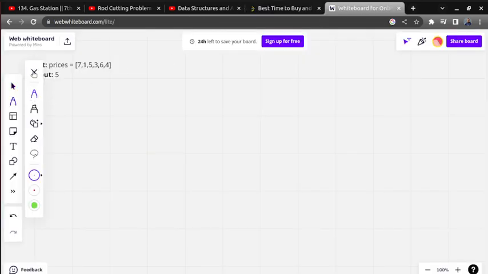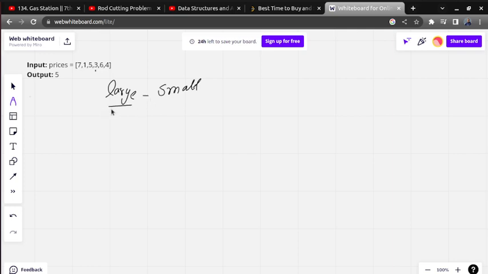These are the prices of stocks, right? So how are we going to solve this problem? Someone can say that if you want to maximize the profit, you can find the difference between the smallest and largest. If you sell when the price is maximum and buy when the price is lowest, you will get the maximum profit. Suppose I find the maximum in this price array, it is 7 and the minimum is 1, so the maximum profit we would get is 6.